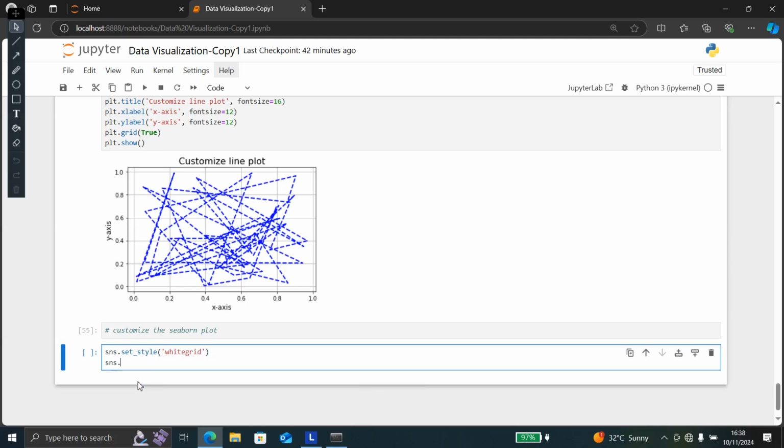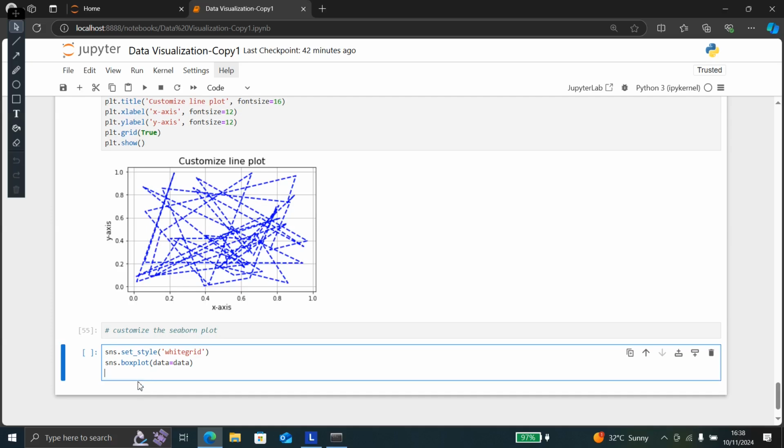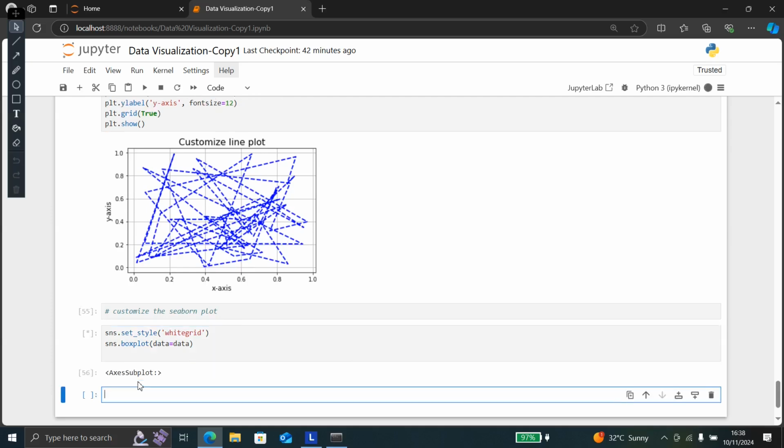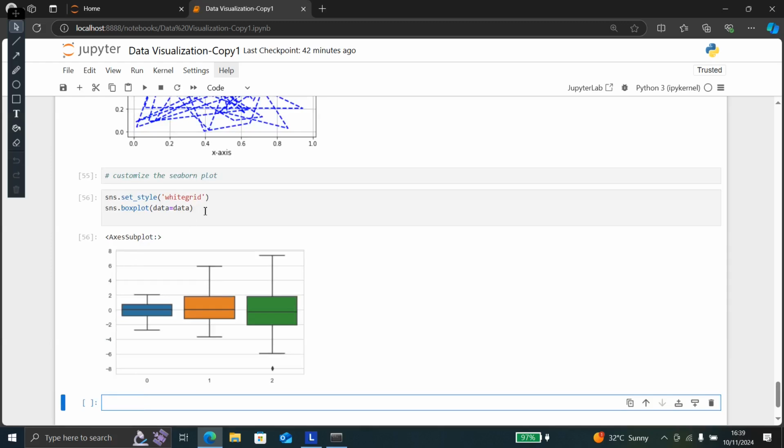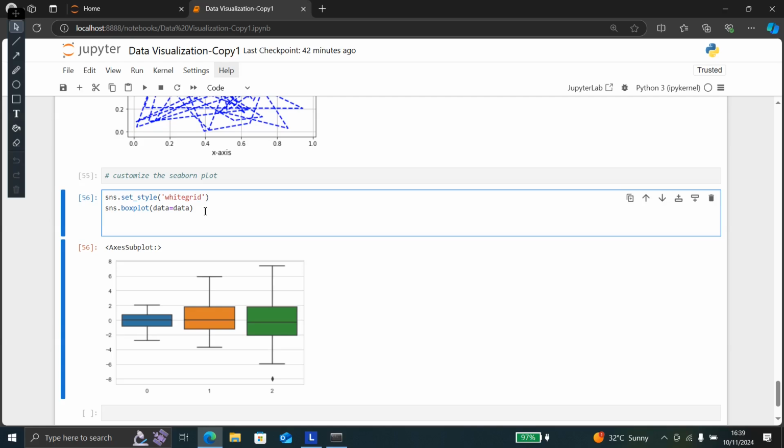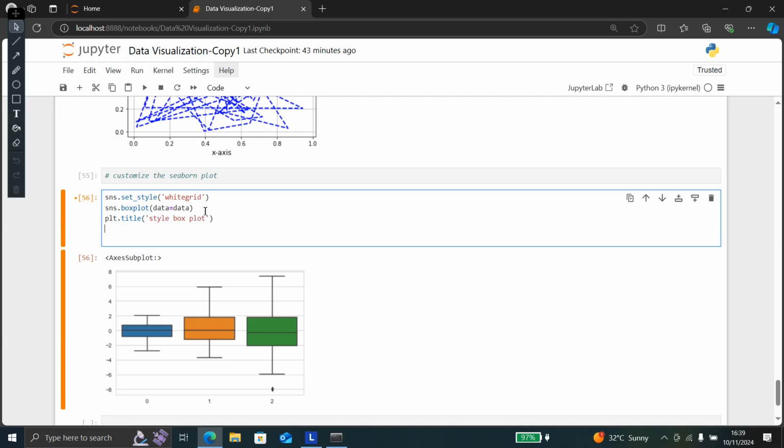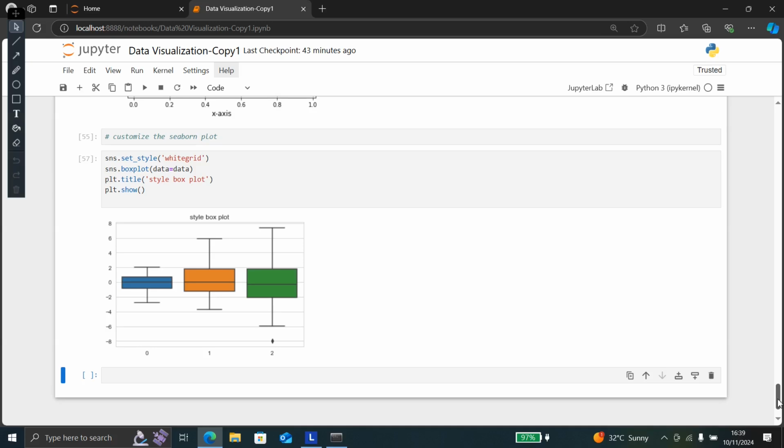Then I have to pass the sns box plot, and I'd like to pass the data which we had given before, I am passing the same data. और जो नेक्स्ट है हमारा प्लॉट डॉट टाइटल एंड द टाइप बॉक्स प्लॉट, and then finally plot dot show. See guys, the style of this plot is changed to the white grid. Alright।